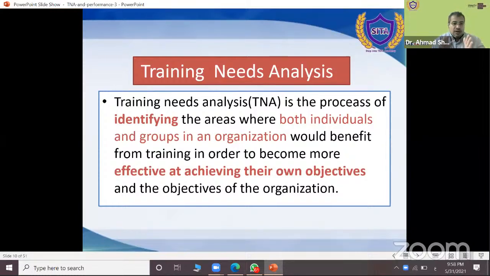So you need to identify the areas that you need as an individual to develop, okay? Also, maybe your organization, your school, your college, your institution, needs to be developed or to be trained for certain topics. So the training needs analysis may be individual or institutional. Okay, the next slide, please.